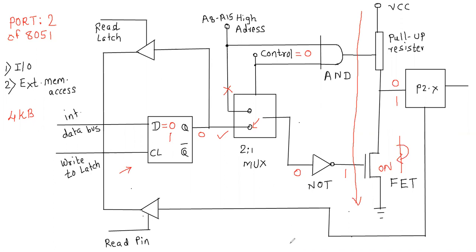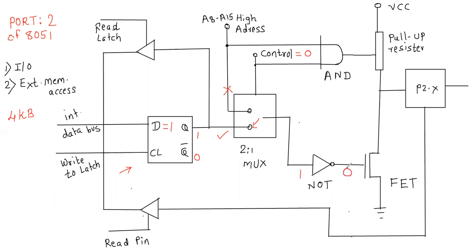Let us see how the microcontroller port works in the input configuration. For microcontroller port 2 in the input configuration, for inputting, we need to make the D latch equal to 1. The moment we make the D latch equal to 1, the Q also will become 1 and Q bar will be equal to 0. As the control line requirement is the same, since port 2 is operating in input output configuration, we need to select this input line and reject this line. Now again the switch will be on this position. Now when we give D equal to 1, we'll get Q equal to 1, and that 1 will be routed to the input of the NOT gate.